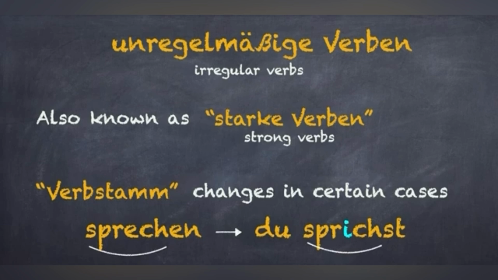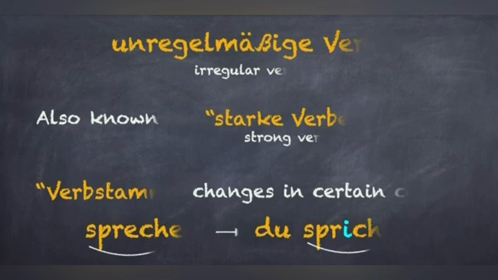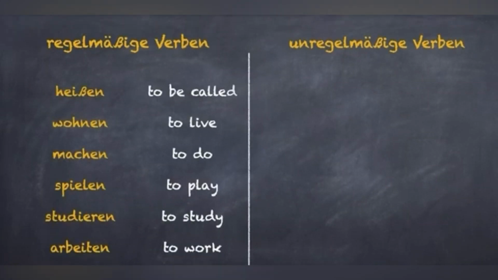With the pronoun du, the verb ending should always be st. Hence, sprichst has the Verbstamm sprich plus the ending st. Du sprichst. In the next two lessons, we will be conjugating a few regular verbs and a few irregular verbs